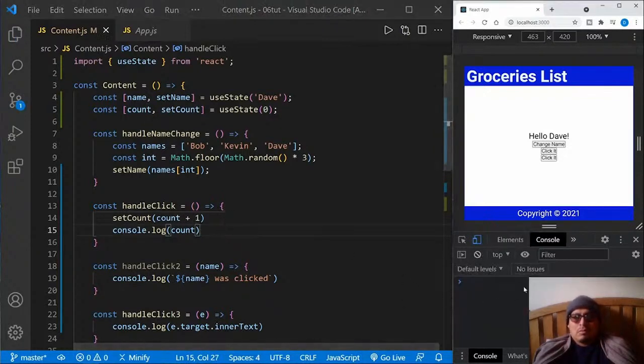And we'll clear that out, and I will click the second button. We still get 0, even though we set the count to count plus 1, which is 0 plus 1. So the count should be 1, but the value of count is what was initially brought to the function. And since it was 0 when it began, it's still 0 here on the line underneath where we set the